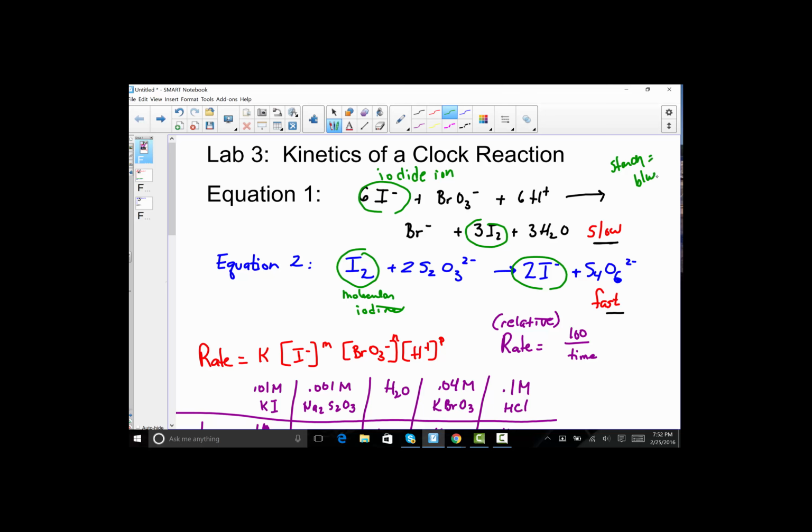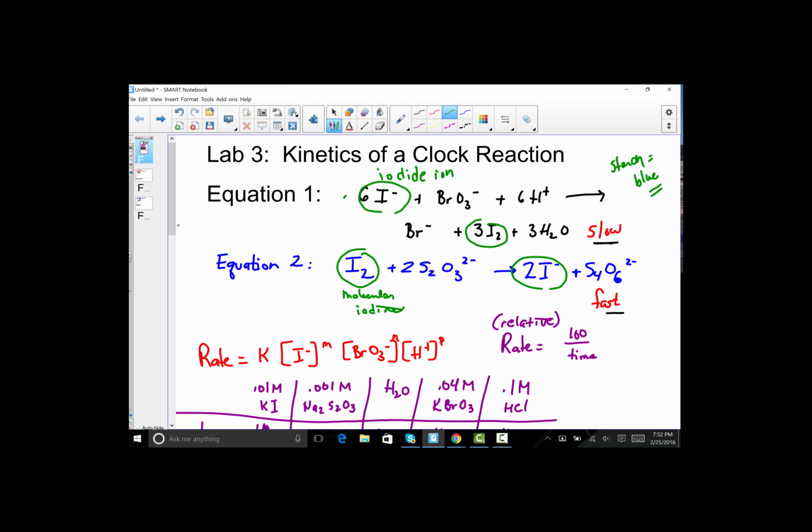So that's really what the clock is about. It's timing how long it takes. I take equation 1 and react it in a beaker, pour it into a separate beaker with equation 2, and see how long it takes for this to go from clear to blue. And I put a little YouTube clip on so you can get a visual of how instantaneous the turn actually